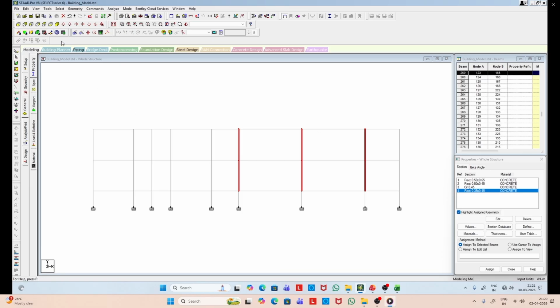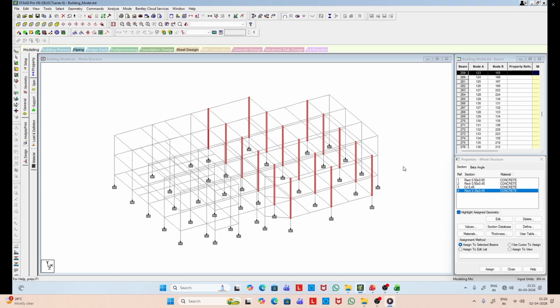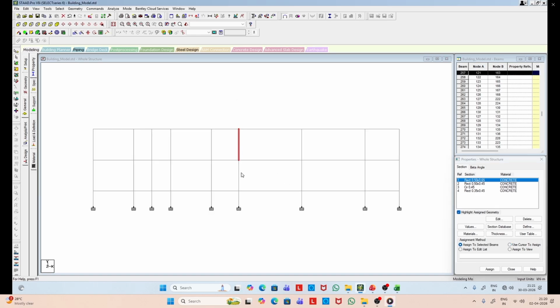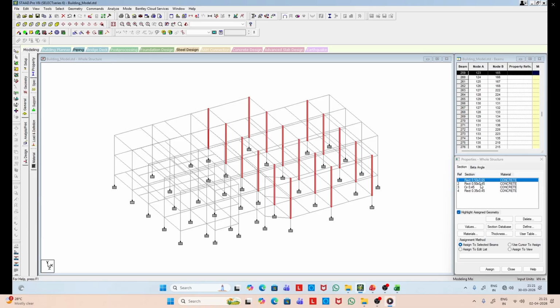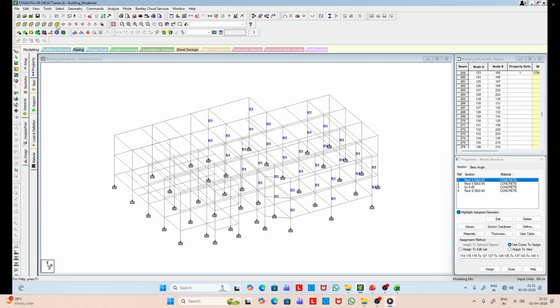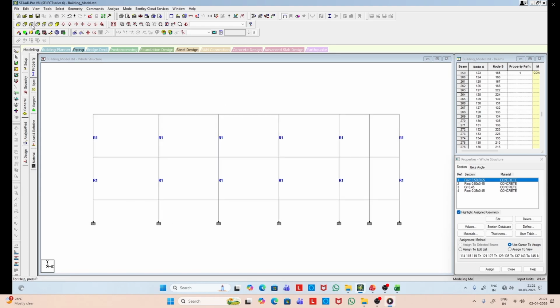So for these columns, we have to apply the appropriate section property, and we can have different sections of the column at different story levels. See the sectional property selected, and we assign it to the selected beams. Because we use 3D beam element for columns also, now for these columns, you can see R1, that is a section mark, and that is applied.